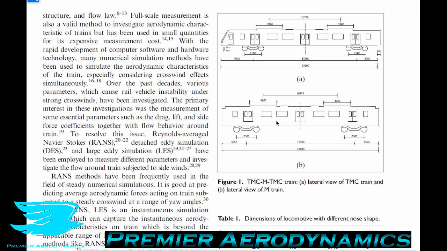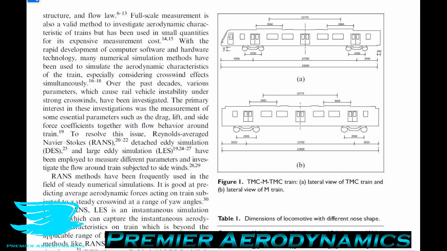So the front and back is like a typical train where you have the nose section, which is slightly slanted, and they do check out a few different slant angles. But then the middle carriage is really just like this rectangular prism. There are no slants to the front or rear faces. Interestingly, from this view, the front of the high-speed train isn't really that pointed, as I mentioned in this picture. The nose is angled a little, but not nearly as much as other high-speed trains like the Shinkansen in